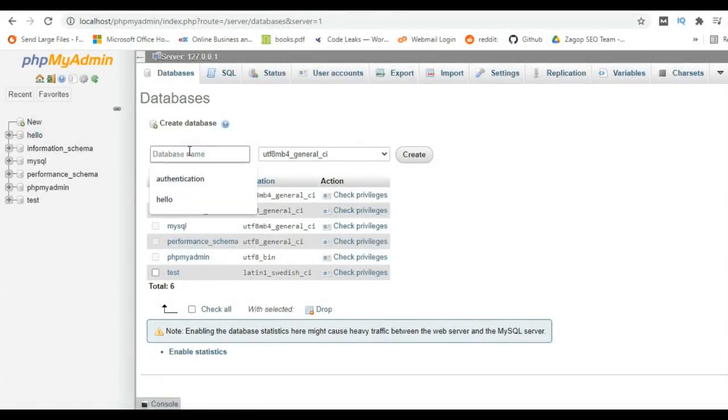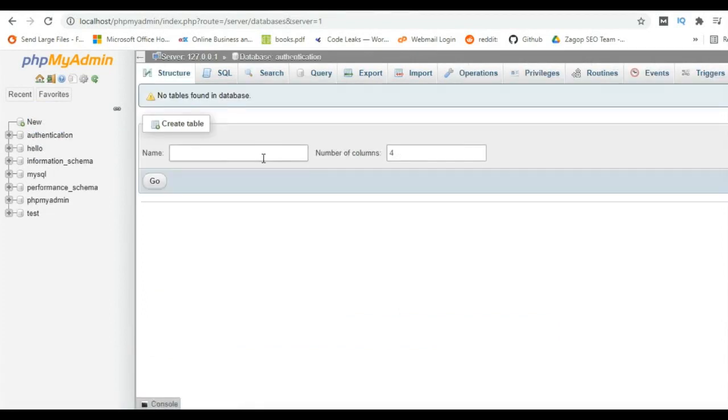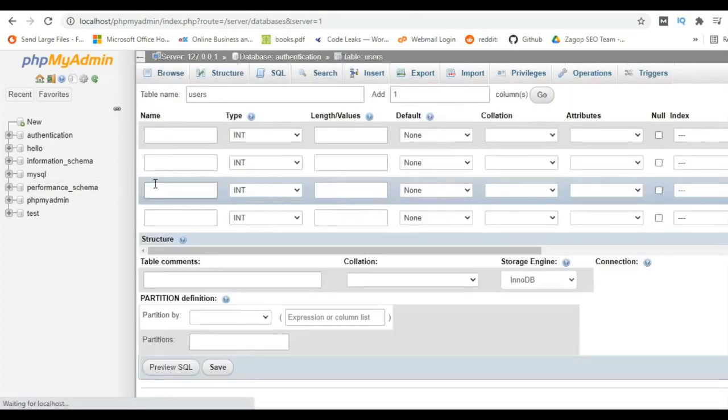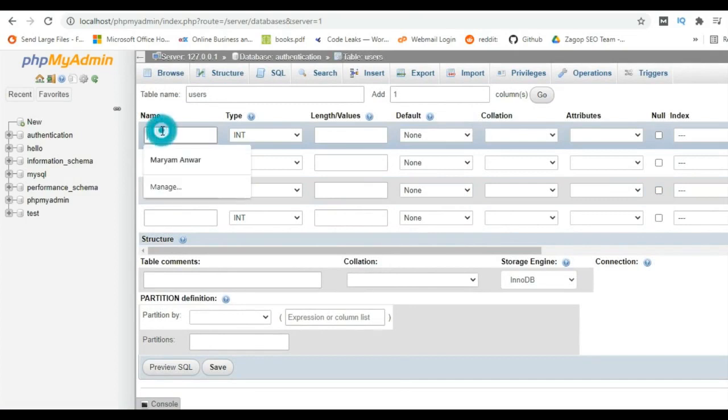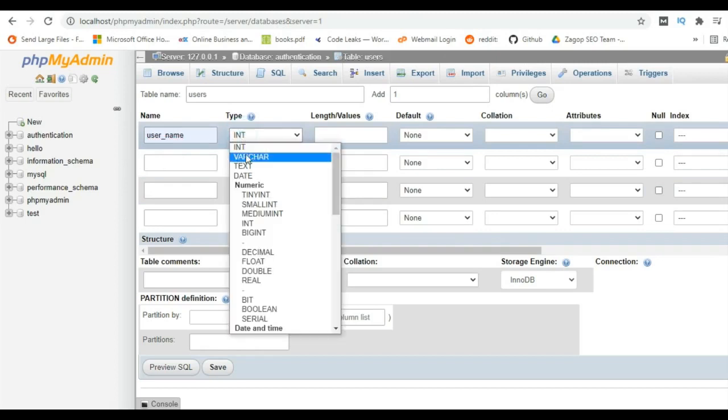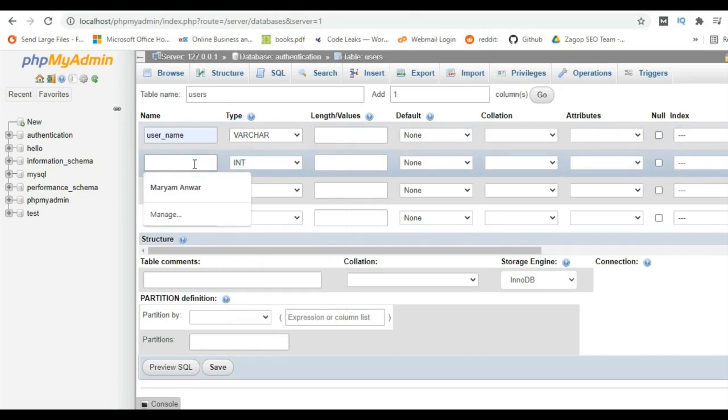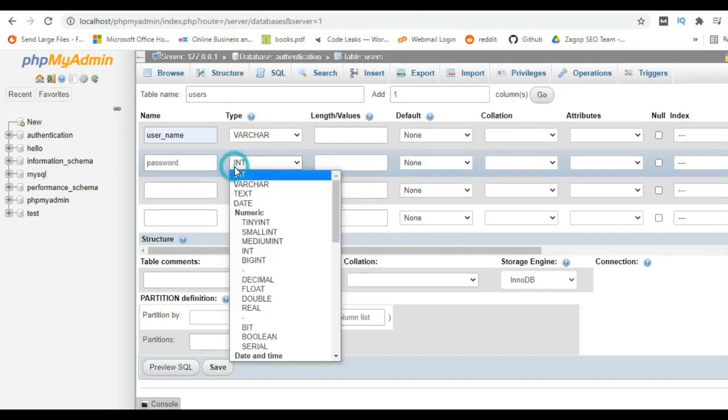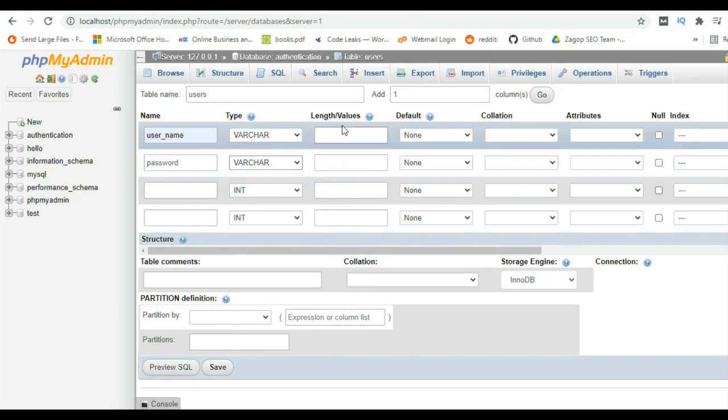Let's take a simple example of a login form from where a user can log in to their account. For this, we need a database. So as you can see on your screen, I am creating a simple database for demo purposes in PHPMyAdmin with the name Authentication. The table name is users and I am creating two columns. One is named username and the other is named password. It will have the list of all registered usernames along with their passwords.